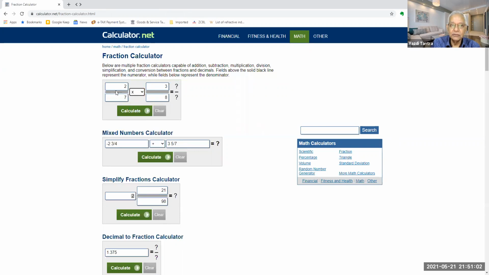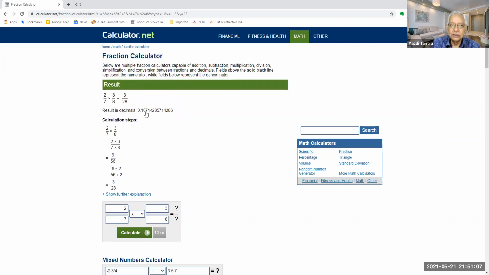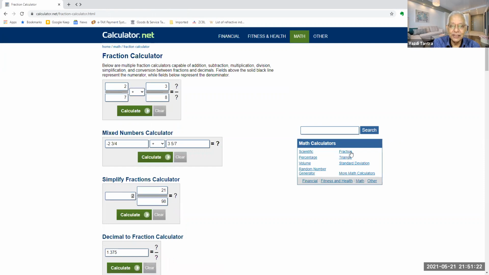You can do whatever. 2 by 7 multiplied by 3 by 8. This is what the answer is. And these are the steps. And you can see further explanation, etc., etc. Amazing. Have you used a calculator like this before? This is something very, very useful.